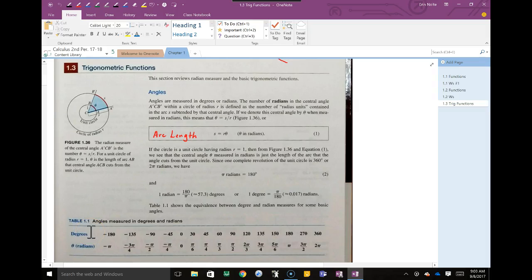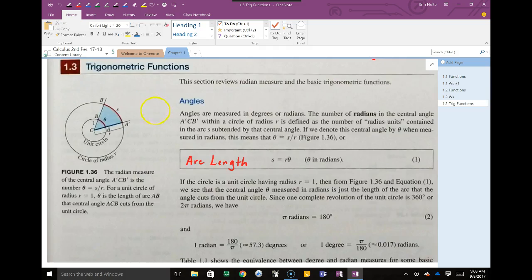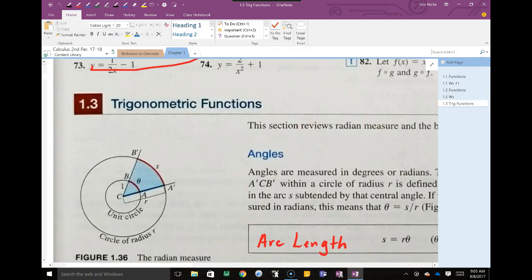All right, so the next section, you guys see this right here? Okay, 1.3 is called trigonometric functions. We did this at the very end of last year. They throw everything that we did all into one section. You could spend months learning trig, so we've got to relearn the basics and make sure that we have enough to proceed through